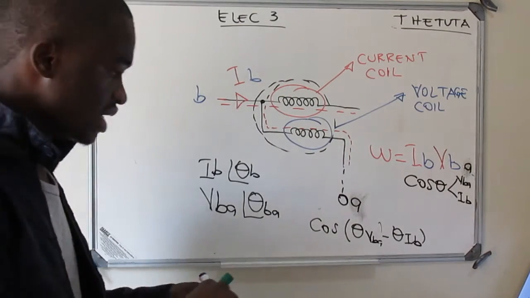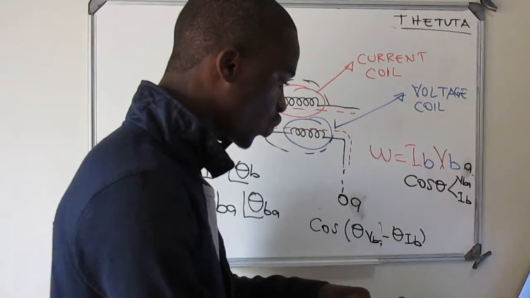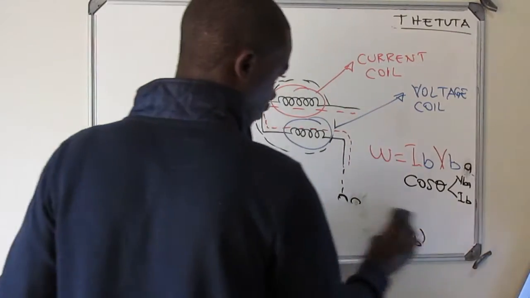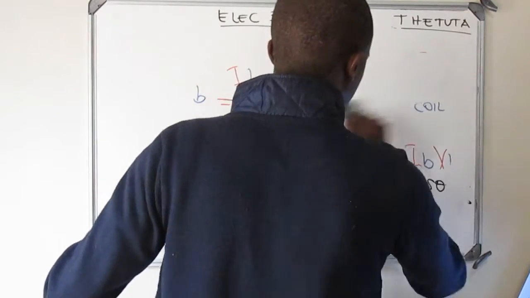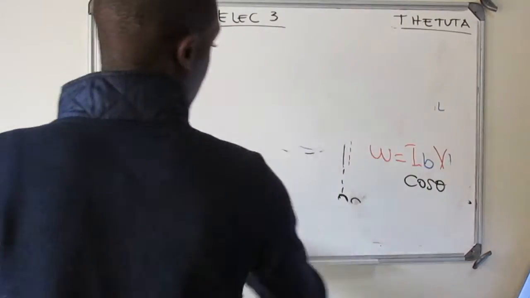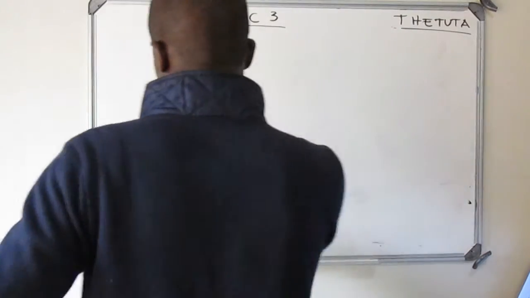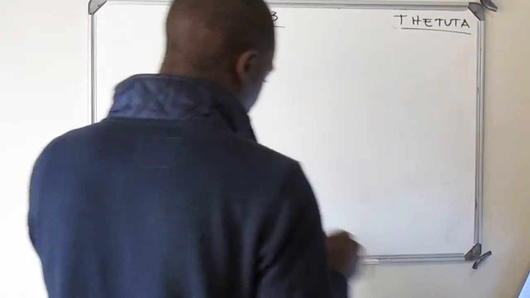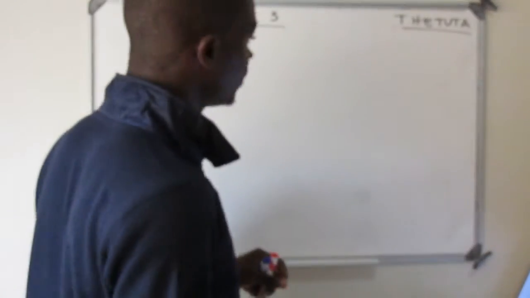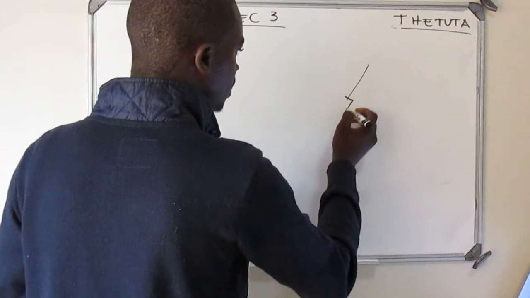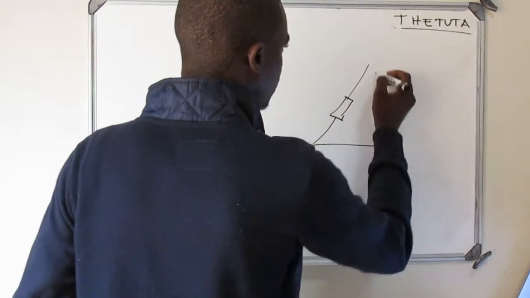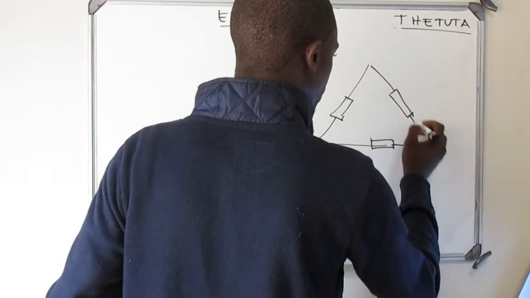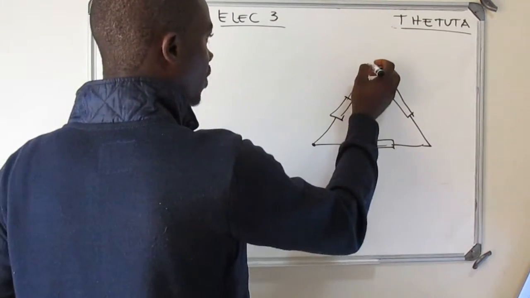Okay? So this is just some basics that we have explained on how to read. So let's say, for instance, now they give us a specific load, and I will start with the easiest one. I will start with the delta load. In this video, we just want to explain how to read the reading of our wattmeter. So I have a delta load, and we know already how to deal with our delta load and how to get those currents. We know already how to deal with it from our chapter 1.